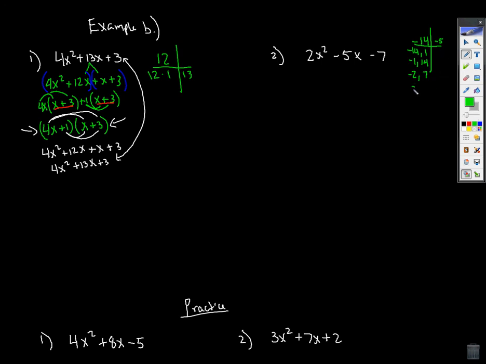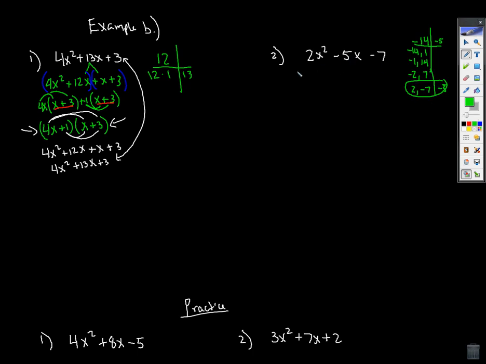So maybe it's just the other way around, 2 and negative 7. If I multiply them, I get negative 14. If I add them, yes, negative 5. Awesome. So those are my two numbers. What's the significance of those two numbers? They don't help me just jump right to the answer, but those are the numbers I'm going to use to